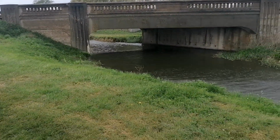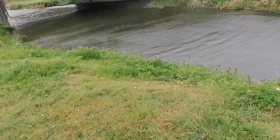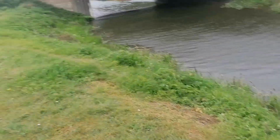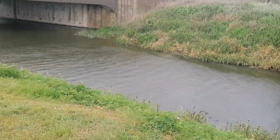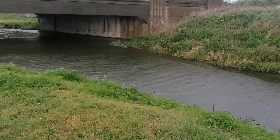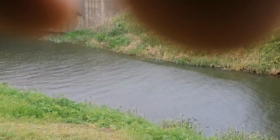No problem with parking here. It can be a bit dangerous when it's wet because it's a grass bank down, but when it's dry it will be ideal. So this is one I will be coming back to. If any of you guys around Peterborough want to give it a go, it's the Kingsdale lay-by where the